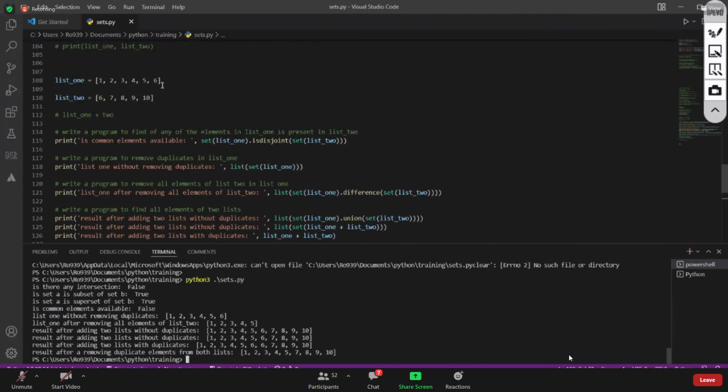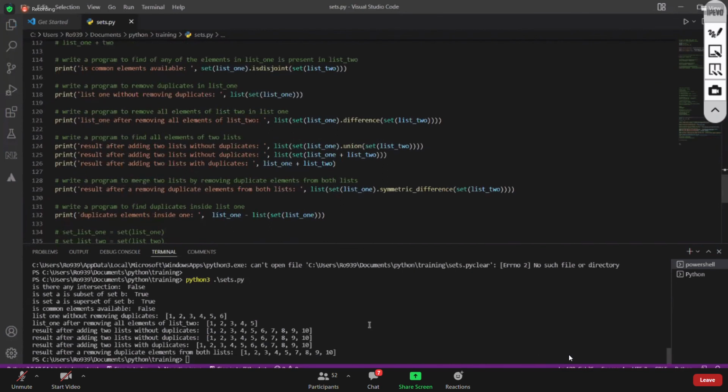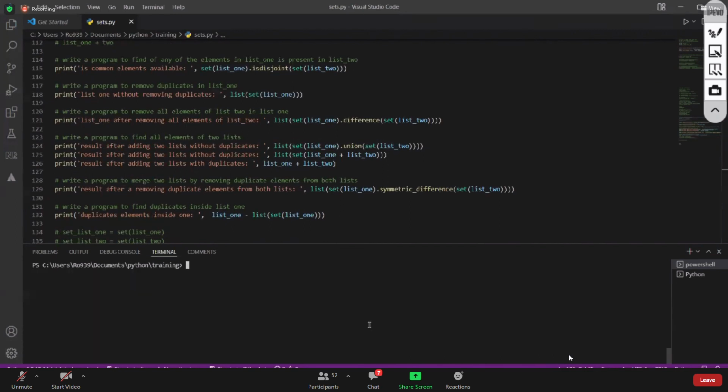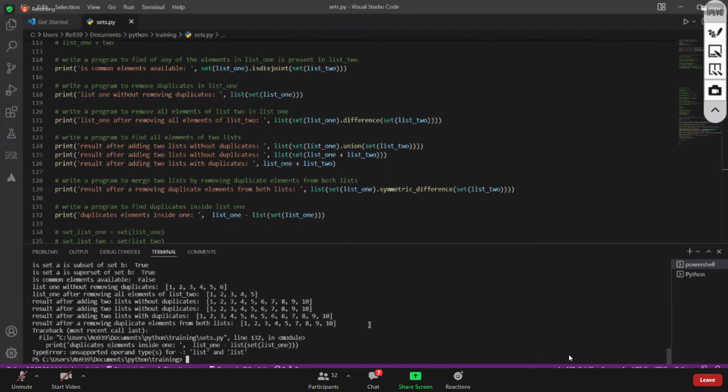So we will add the duplicates here. We have duplicates as 5 and 6. I think we can directly find the